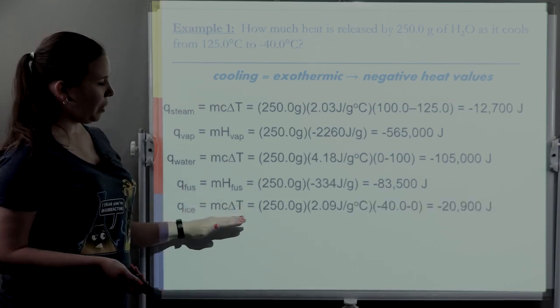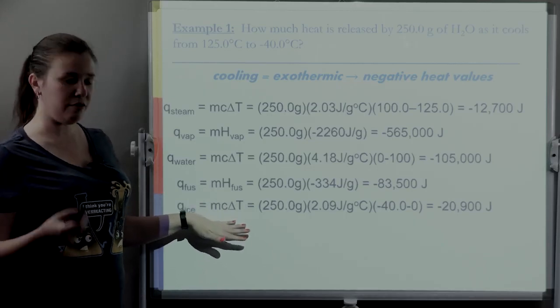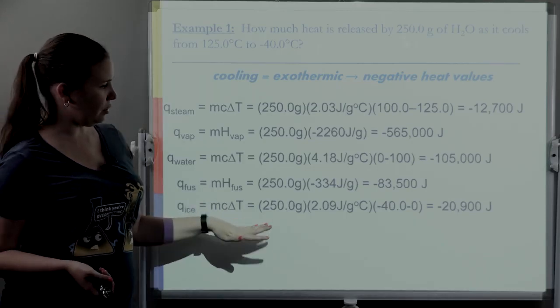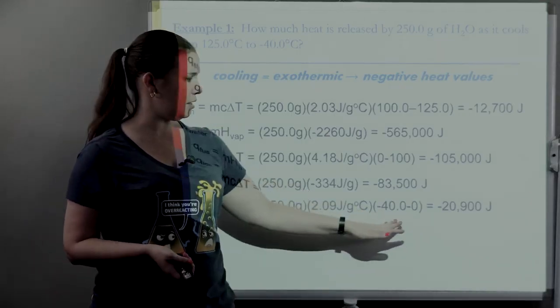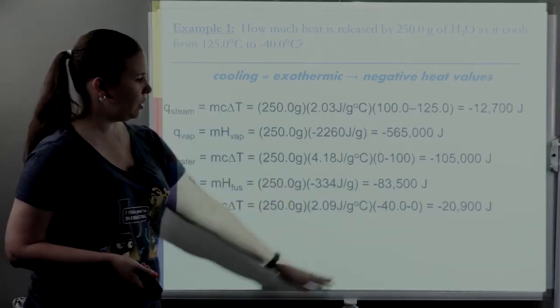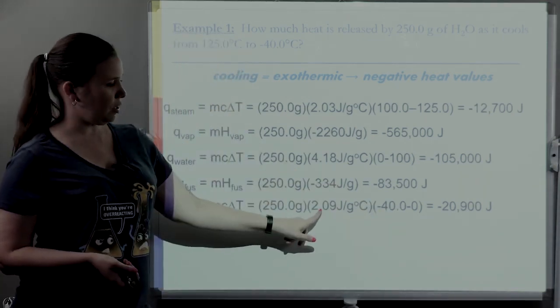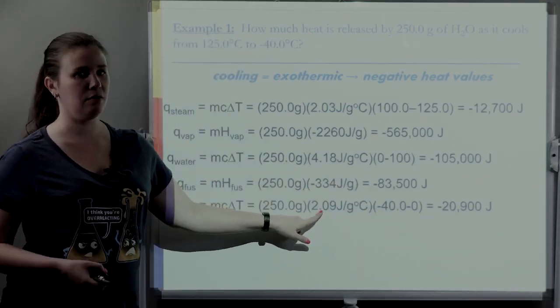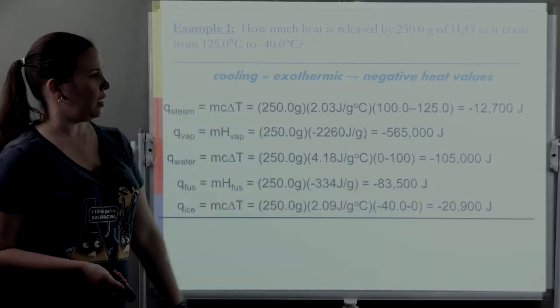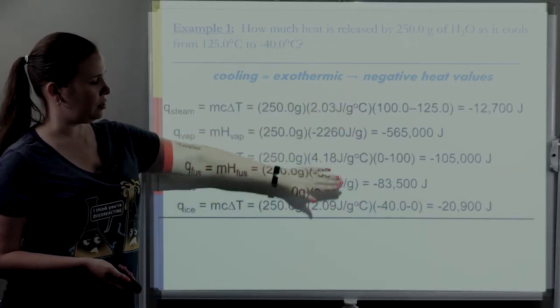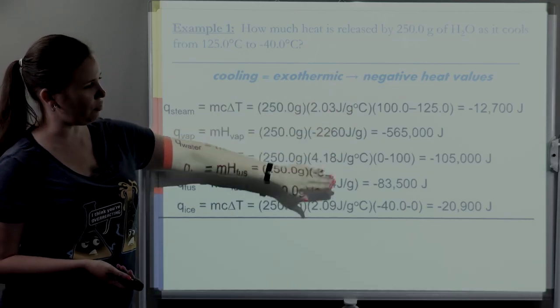Then for our ice, we're back to using mc delta T during the phase itself as the ice cools down, dropping the temperature of 40 degrees Celsius. So it ends at negative 40, started at 0. So again, we have a negative answer here, being careful to use the specific heat of ice for this step, negative 20,900 joules. And now that I have the Q for each of the phases and each of the